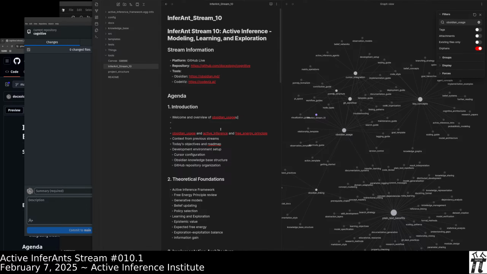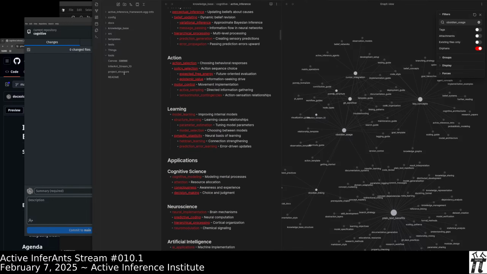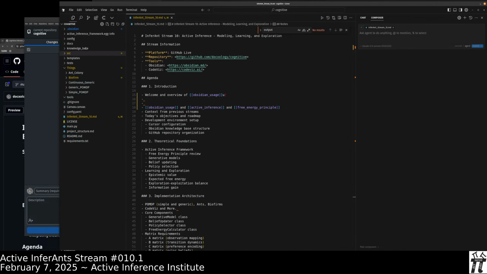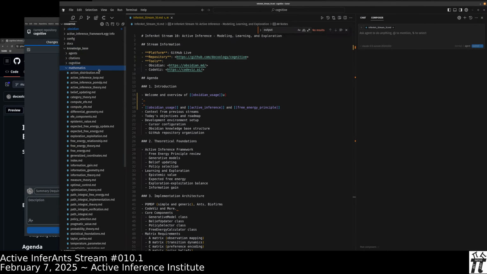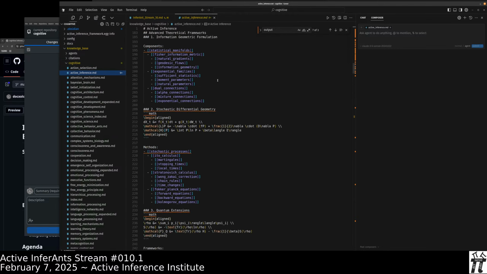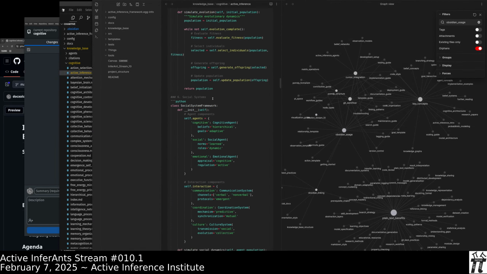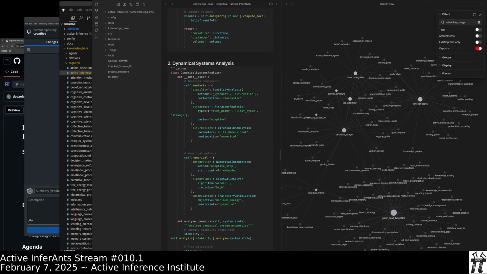So previous streams, we've been using different synthetic intelligence and live chat methodologies for having a great time learning about what other than active inference and the free energy principle. So let's check out those articles. Again, these were written entirely using Cursor. So what that looked like was, let's head over to knowledge base, mathematics. We can go over to some active inference article. So here's the plain text article. This is it in Obsidian. So here we have everything from software examples to it could be anything.